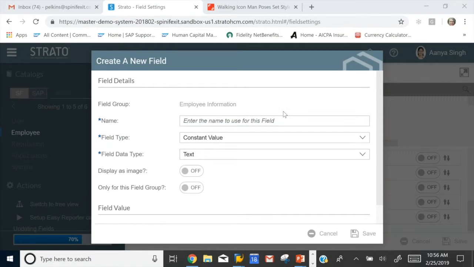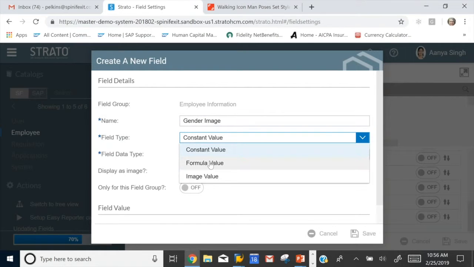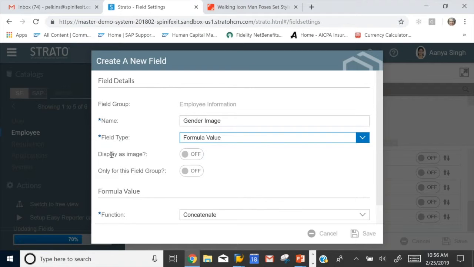All right, so here's how I set up my field. And these are the things that you need to know in order to set it up so that it will link into a picture. So I give it a name, and I'm just going to call it gender image. Then I'm going to give it a field type. And what's important here is this is a formula value. Display as image, I turn on. Under function, I need to select